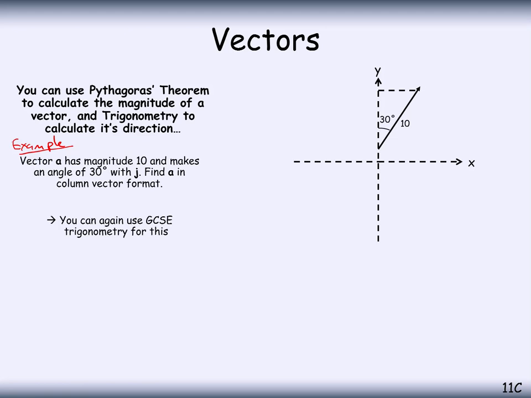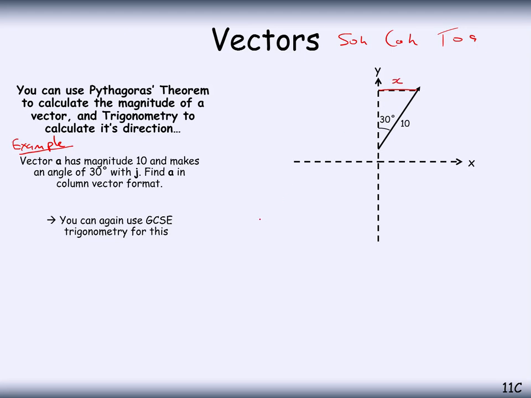So GCSE trig, that means I can use SOHCAHTOA. Now if I want to find this region here, this is opposite to my angle, and this is the hypotenuse. Opposite on hypotenuse is sine. So if I call this here x,